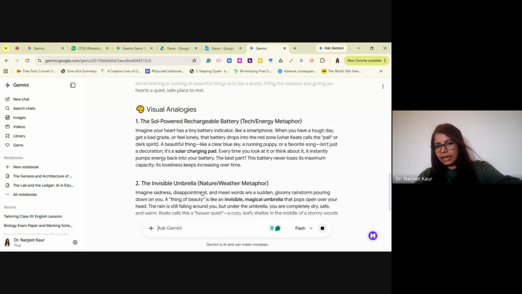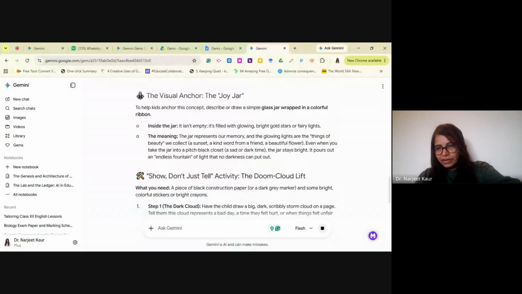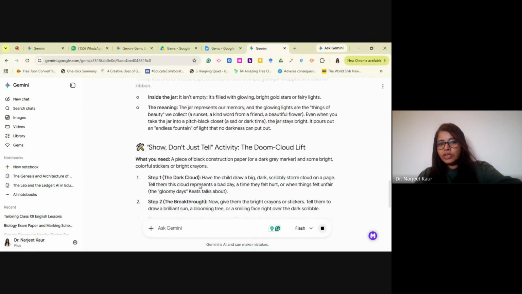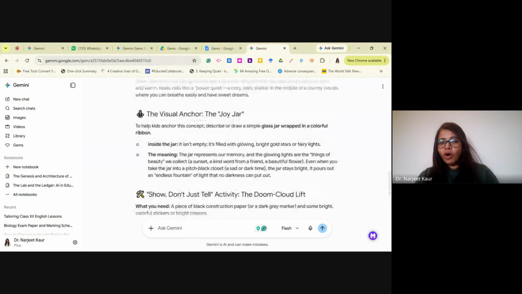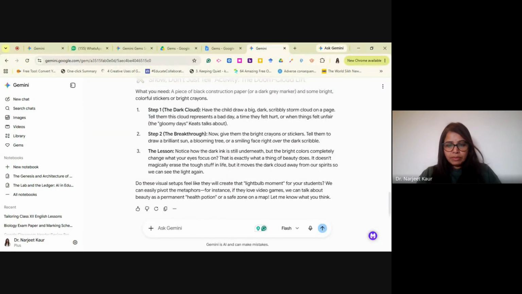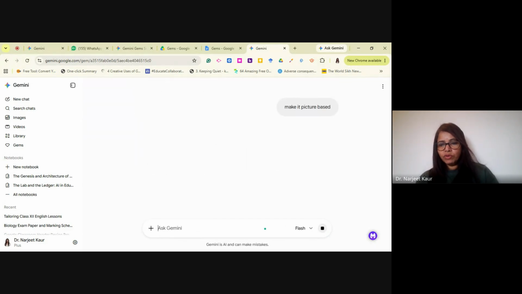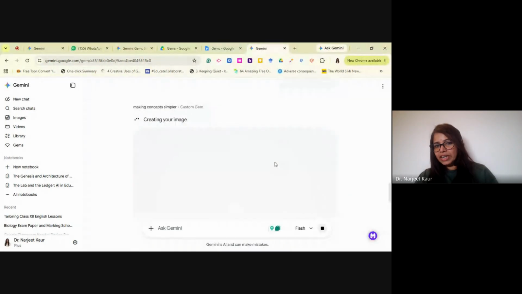Visual analogies are here, which you can use. Visual anchors are here, which you can use. Show but don't tell activities are there, which you can use. All of that is going to be created, or I can tell it simply to make it picture based. And it is going to give you light bulb moments where you can create images also.